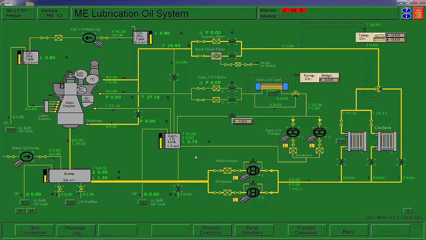All right, the other one we'll talk about a little bit is this camshaft lube oil system. It has a separate tank, and the tank is 1.5 cubic meters when full, which is 1.5 metric tons of lube oil. The main sump, in comparison, is 58 metric tons. Now, with a crosshead engine, the oil in the sump should never have to be changed for the life of that engine. But on the Burmeister Wain, on some of their engines, the fuel pumps,